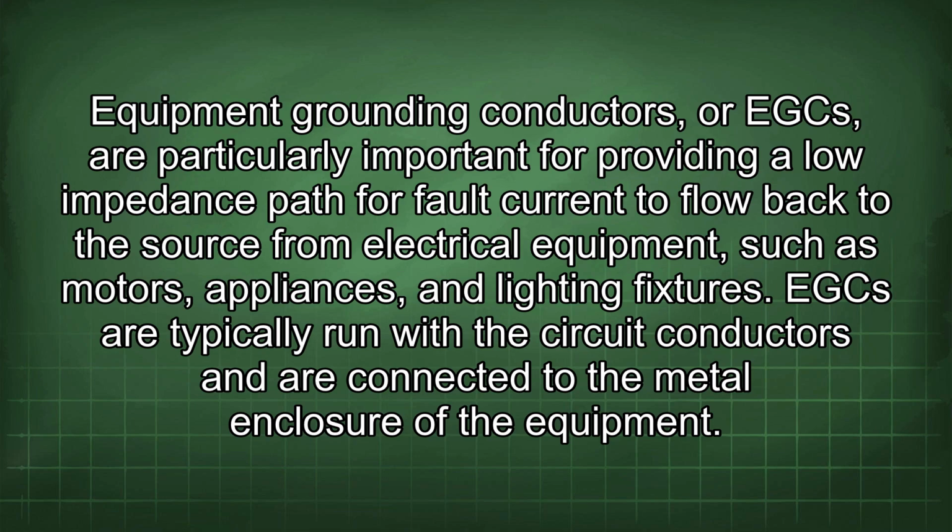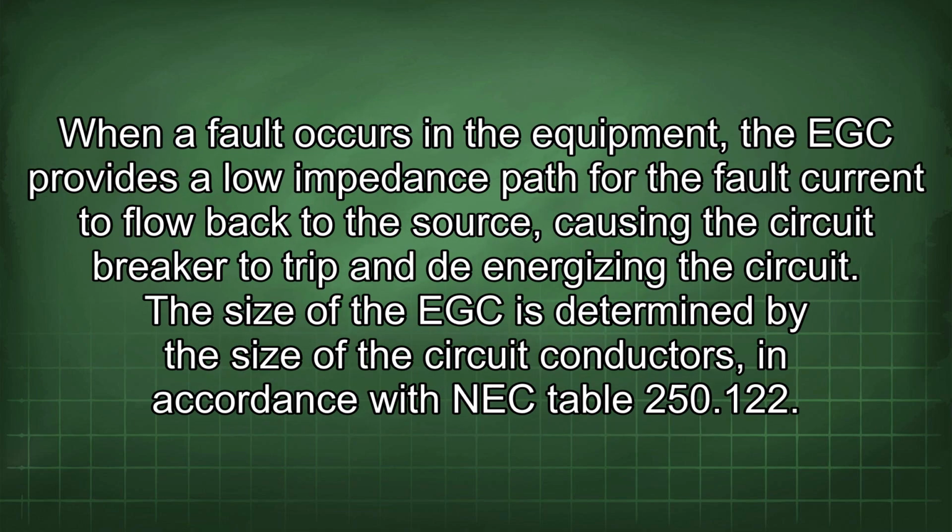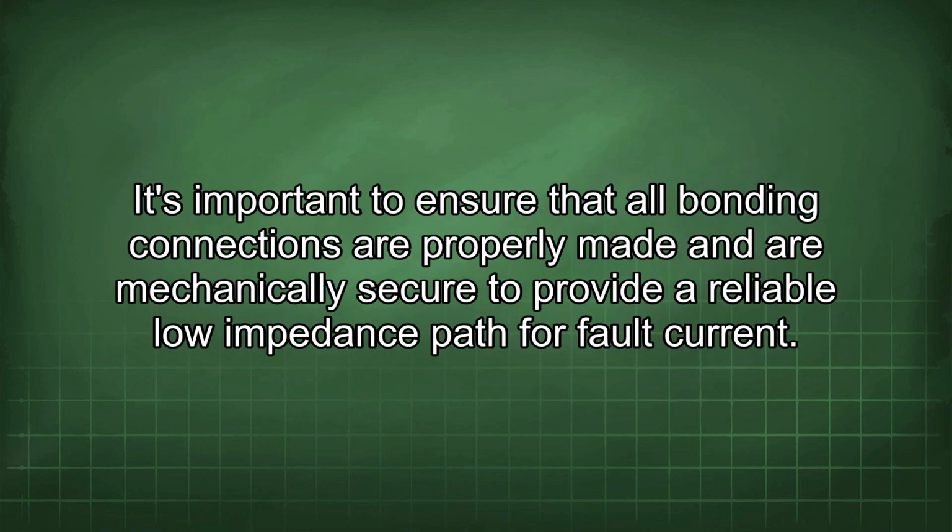EGCs are typically run with the circuit conductors and are connected to the metal enclosure of the equipment. When a fault occurs in the equipment, the EGC provides a low impedance path for the fault current to flow back to the source, causing the circuit breaker to trip and de-energizing the circuit. The size of the EGC is determined by the size of the circuit conductors, in accordance with NEC Table 250.122. It's important to ensure that all bonding connections are properly made and are mechanically secure to provide a reliable